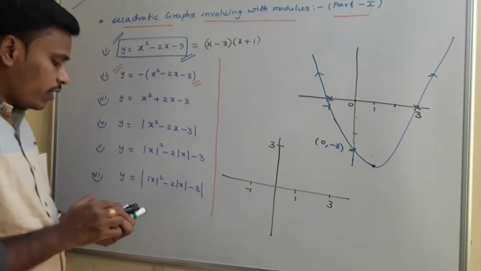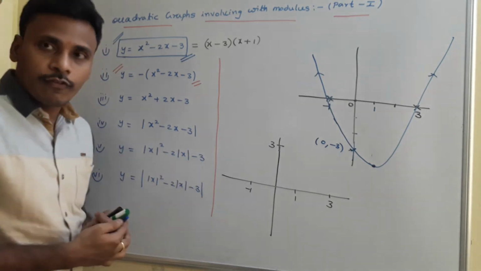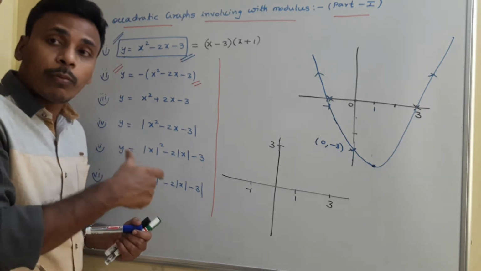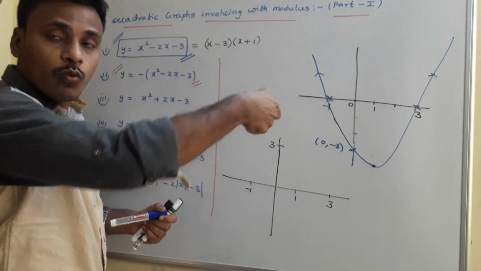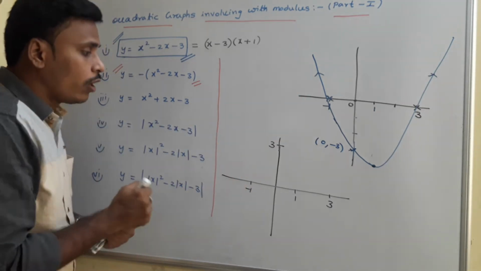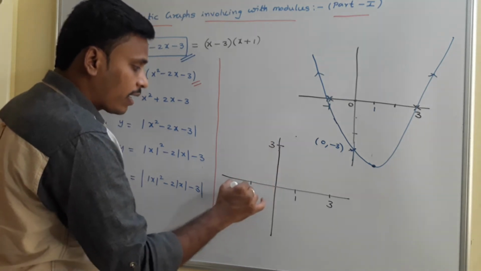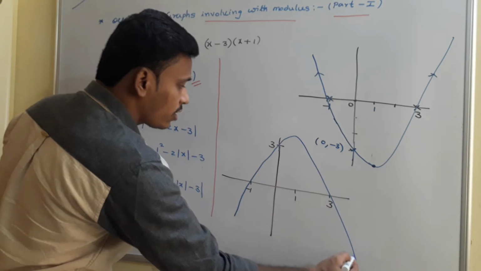Now the graph of the second expression is just a flip of the first graph, because we are multiplying with a minus sign. Since you are multiplying with a minus sign, negative will become positive, positive will become negative, and so the graph will be like this. Somewhere at this point we have the peak. The graph passes through these 3 points as we mentioned in that case. So this is the graph.